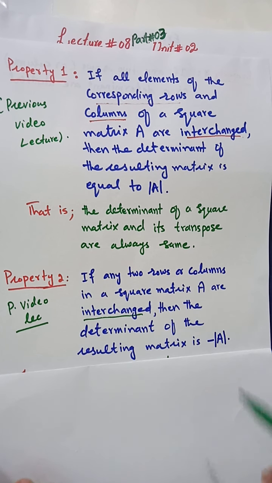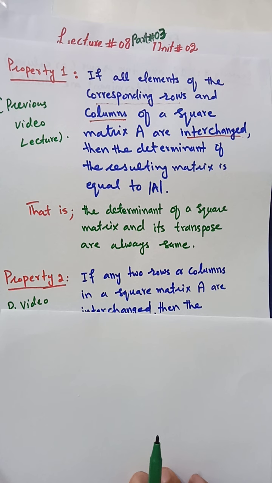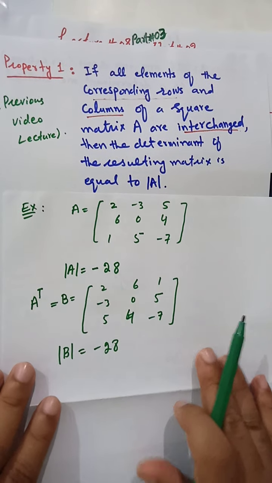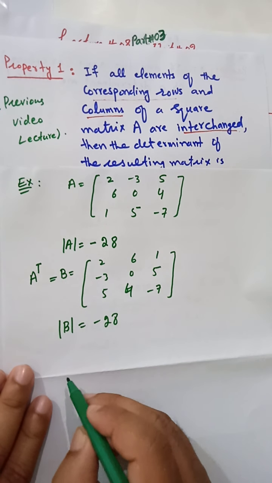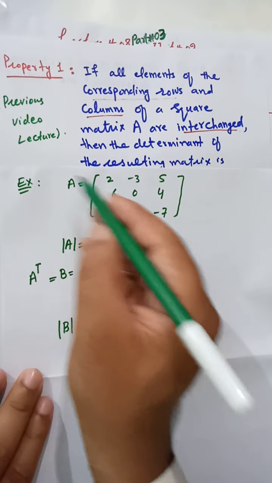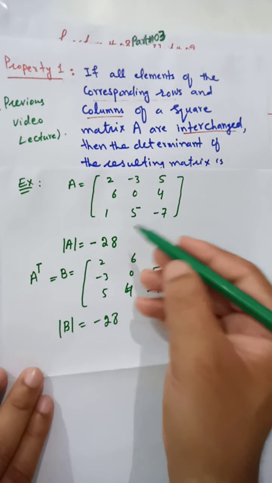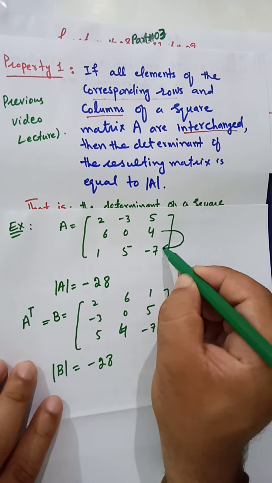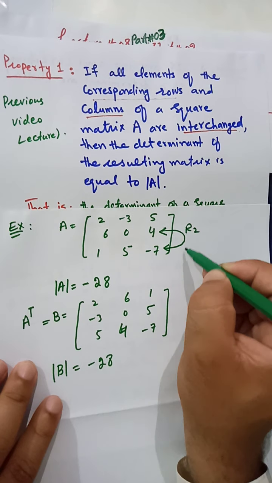In other words, when two rows or two columns are interchanged, the determinants of the original matrix and the resultant matrix are additive inverses of each other. For example, if I consider the same matrix, and in this matrix I interchange row 2 and row 3,